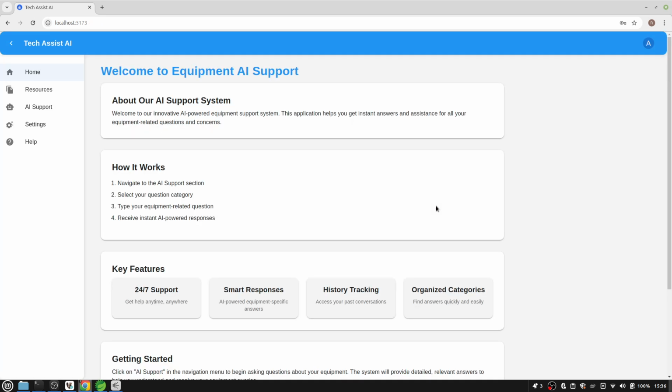So as I told you before, the idea behind that tool is just to make it easier for users to search for information in any kind of document, okay? So